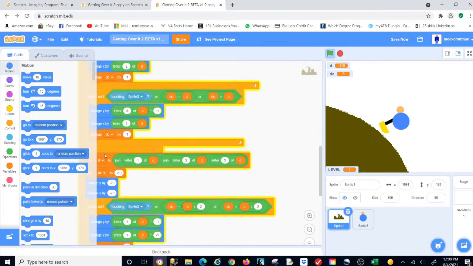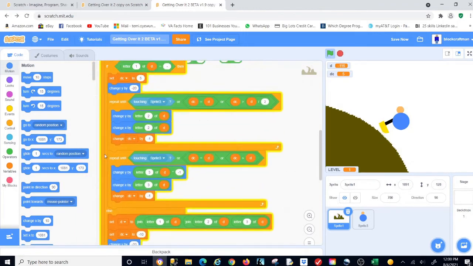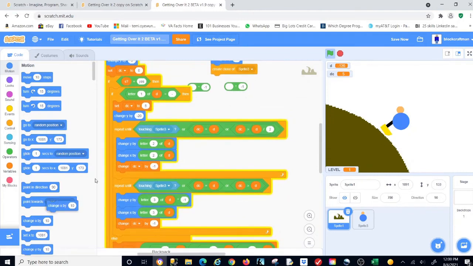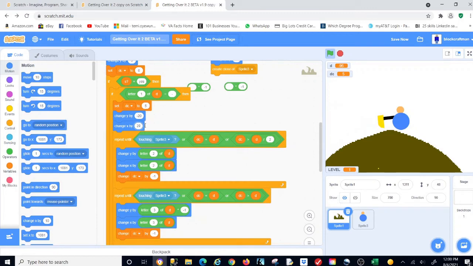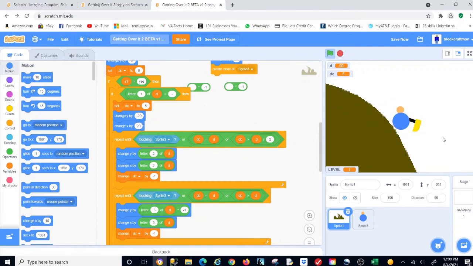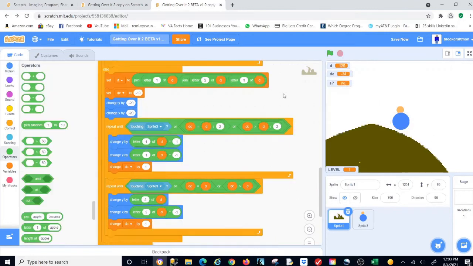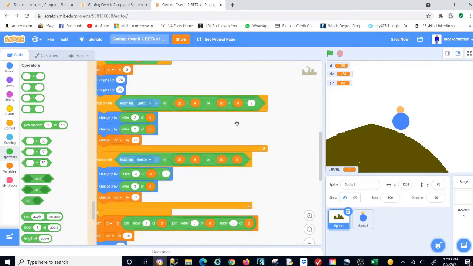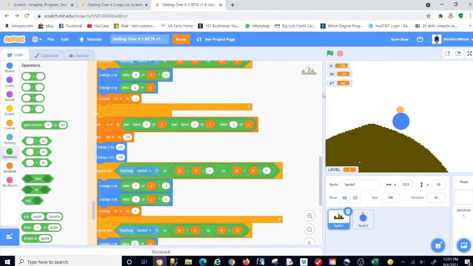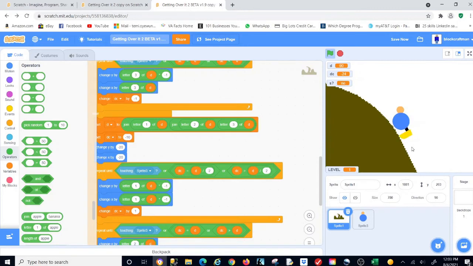Let's add that. Now, I fixed it. Oh wait, this one's supposed to be the negative, and this one's supposed to be greater than. So you should fix that,